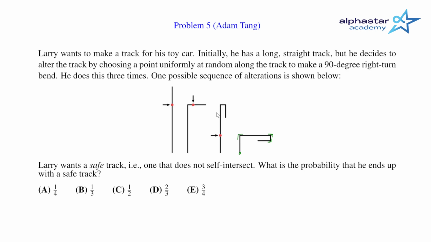Now really think about what is the condition for self-intersection. This basically just comes with a bit of experimentation. Let's move on to a new page to think about what possibilities there are. When will this sort of track with 3 bends self-intersect? Well, we know that every track will look like this, right? Starts upward, then turns right to face right, then down, then left.